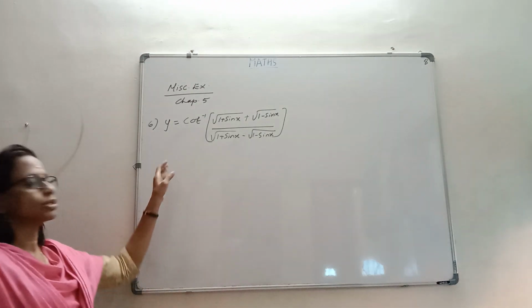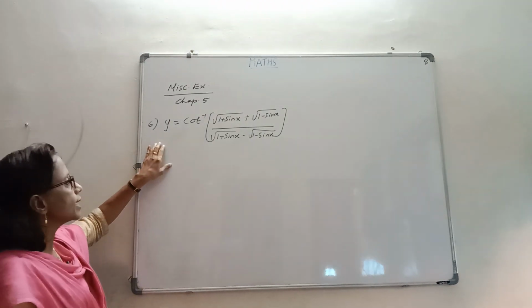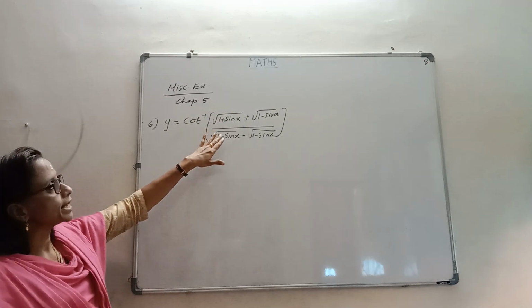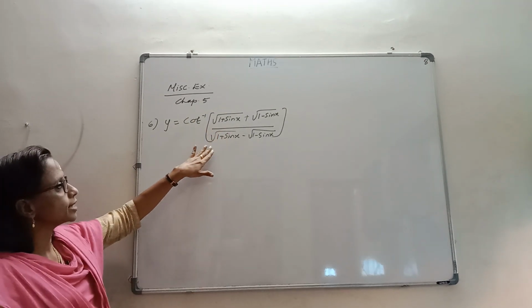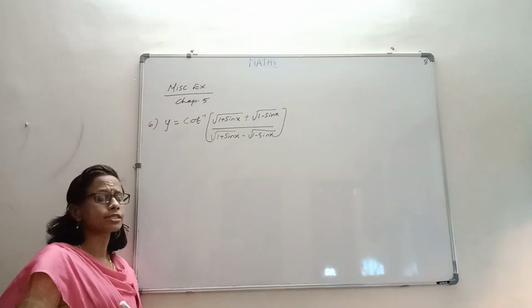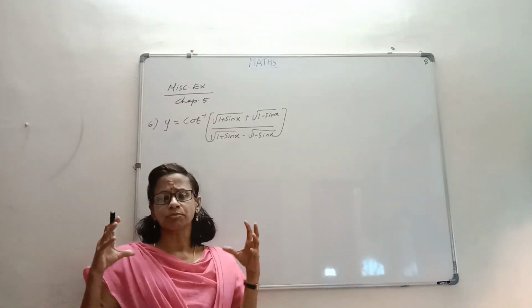Now we are here with question number 6, and question number 6 says that y equals cot inverse of root of 1 plus sin x plus root of 1 minus sin x, divided by root of 1 plus sin x minus root of 1 minus sin x. This question is a beautiful